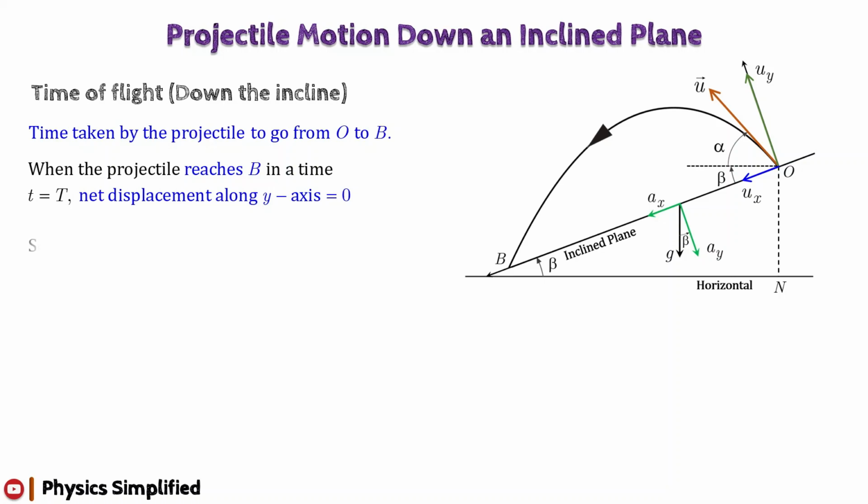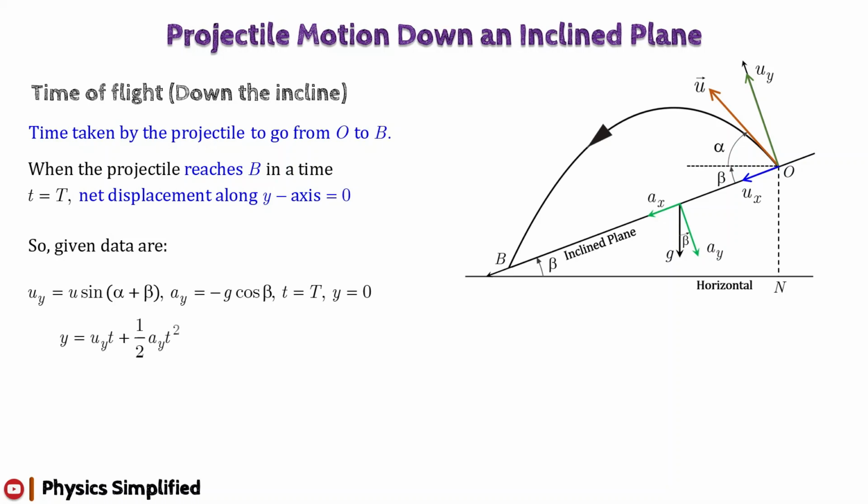The data along the y-axis available to us: initial velocity along the y-axis, u_y, is equal to u sin(alpha plus beta). Acceleration along the y-axis, a_y, is equal to minus g cos beta. Time is equal to capital letter T, and displacement along the y-axis is equal to 0. From the second kinematic equation, we write y is equal to u_y times t plus half a_y